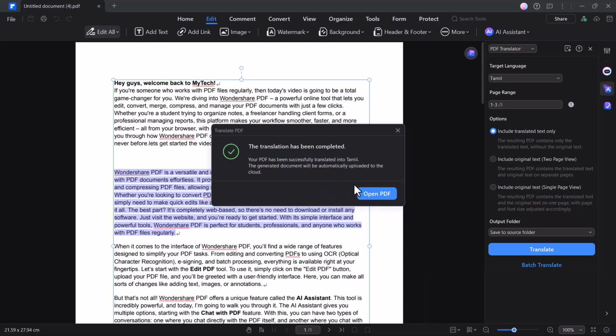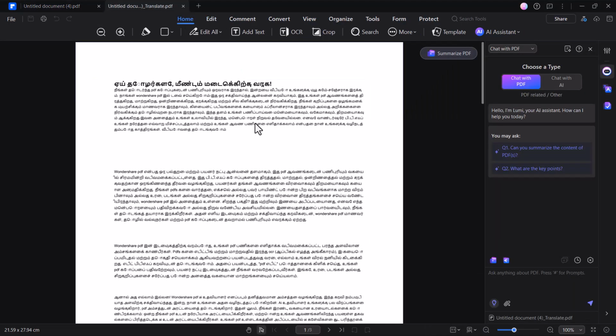The AI assistant will instantly convert the entire document into the selected language while maintaining the formatting. It's quick, accurate and super easy to use, making it perfect for students, international clients or anyone working with documents.